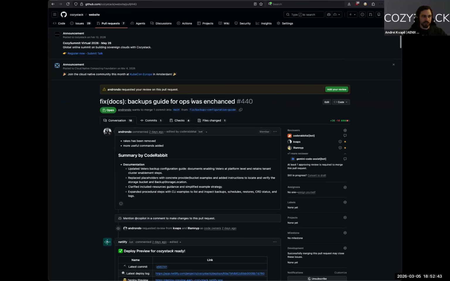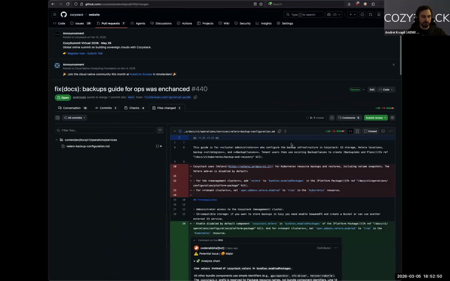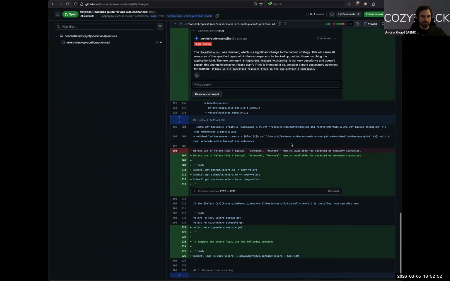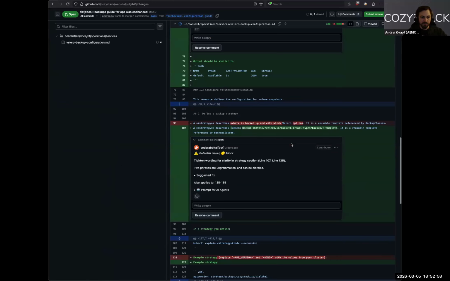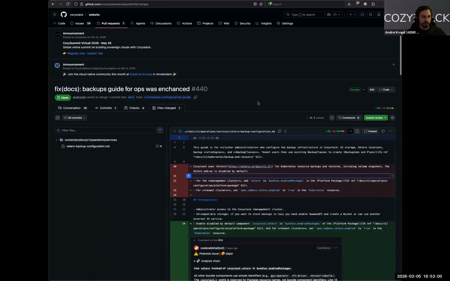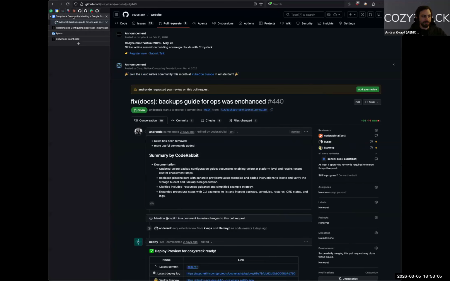By the way, there is a pull request which creates documentation on how to use this backup system. That might be a good starting point if you want to try this functionality. Feel free to try it and provide us feedback. We will fix the issues if you have some and clarify the documentation.